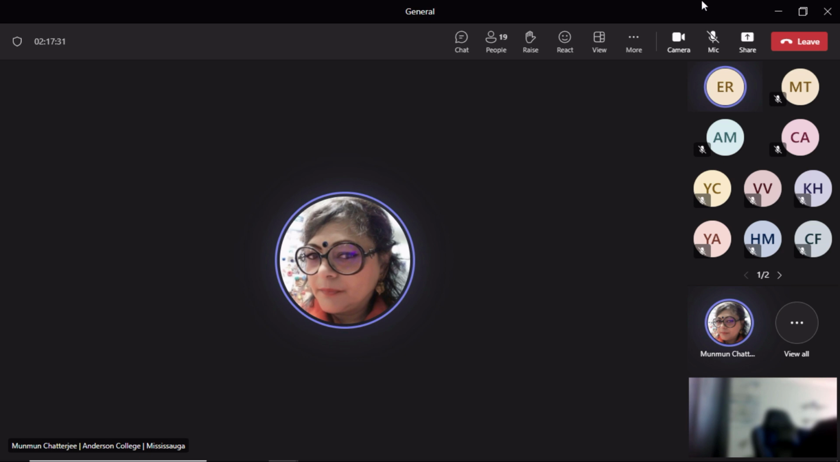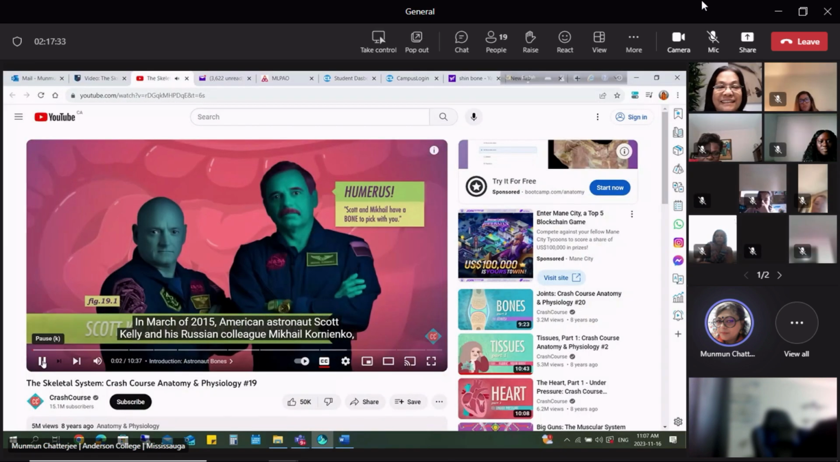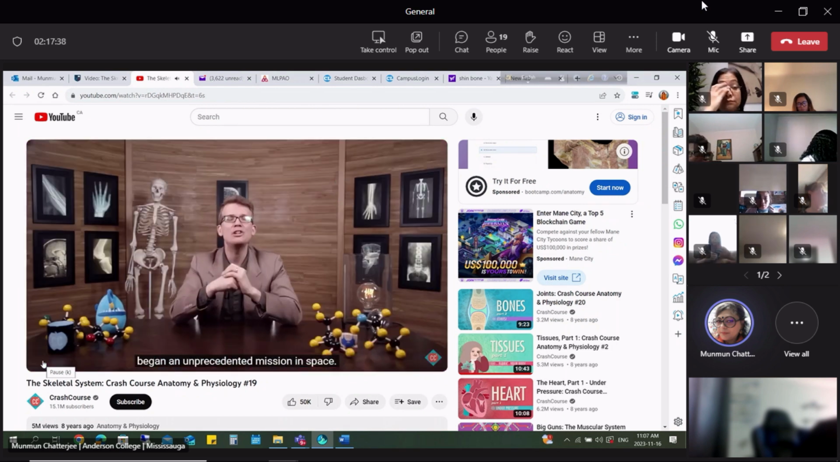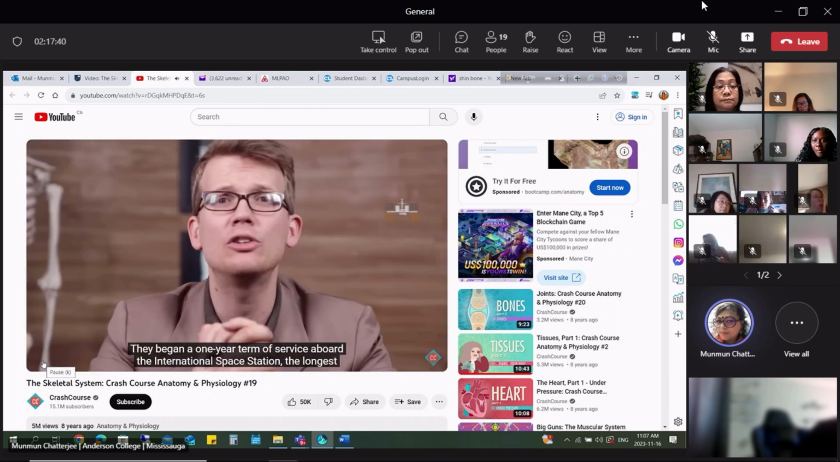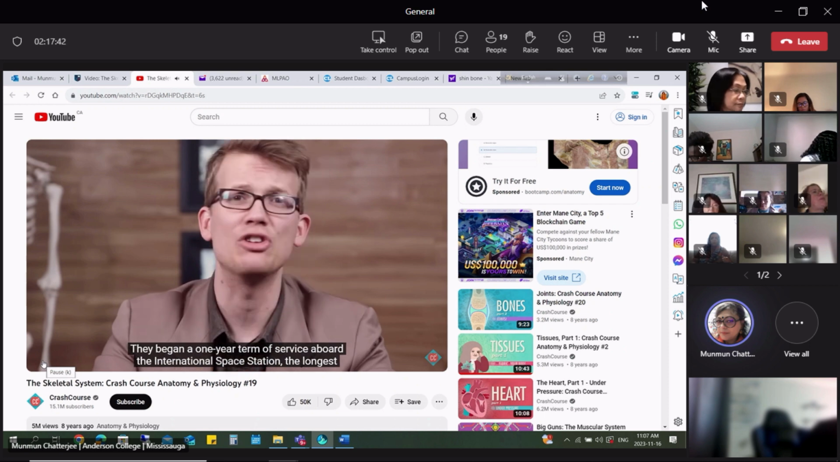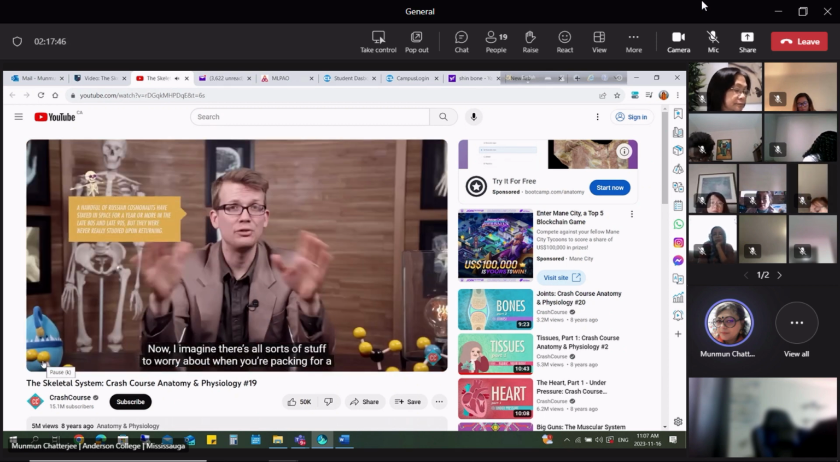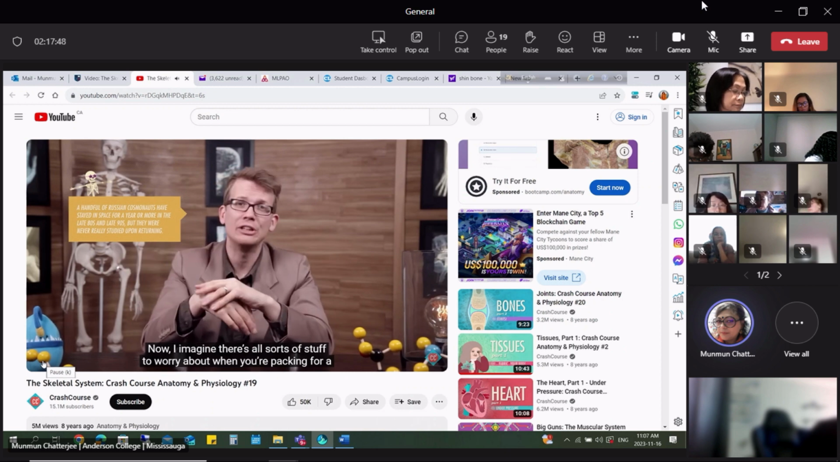In March of 2015, American astronaut Scott Kelly and his Russian colleague Mikhail Kornienko began an unprecedented mission in space. They began a one-year term of service aboard the International Space Station, the longest tour of duty ever served on the ISS. Now, I imagine there's all sorts of stuff to worry about when you're packing for a year-long space voyage,